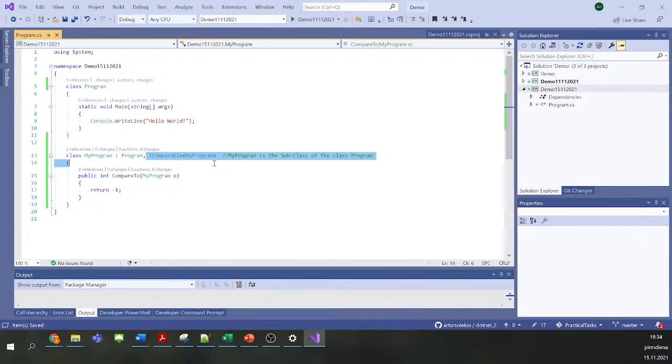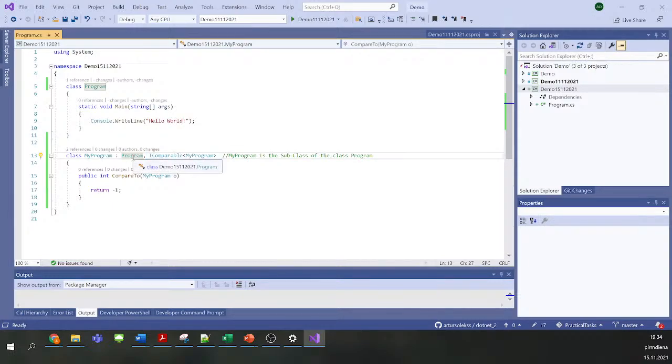What I don't really like, from my point of view, is a little disadvantage of C# compared to programming languages like Java, because here there is no difference if I extend the superclass or if I implement the interface.